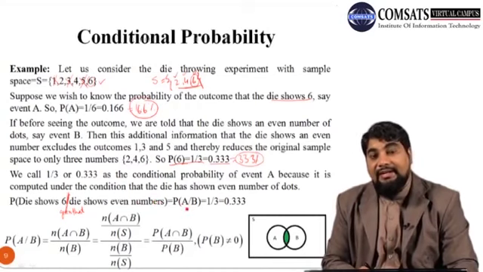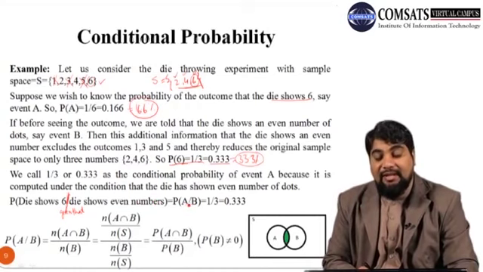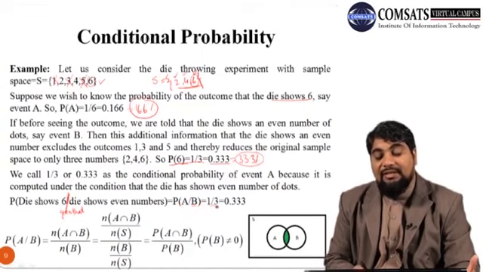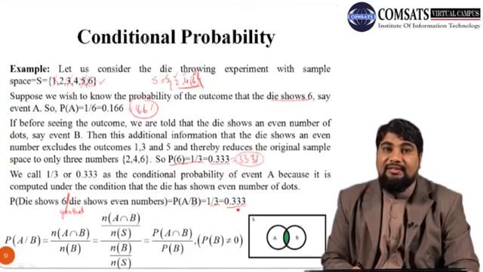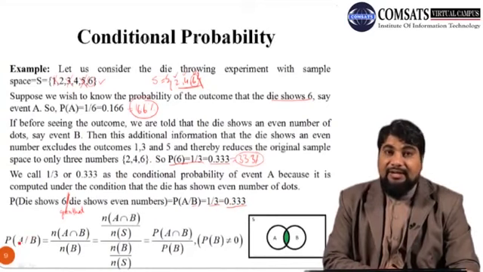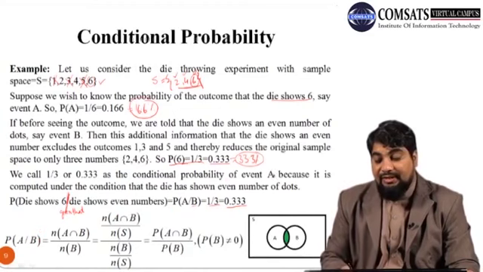So we can write it as A given B. This slash is used to represent given. Provided we know about B, what is the probability of A? The probability of A given B is 1 by 3 or 0.333. We can also write it in detail. So the probability of A given B, what is it? Here, just look at the